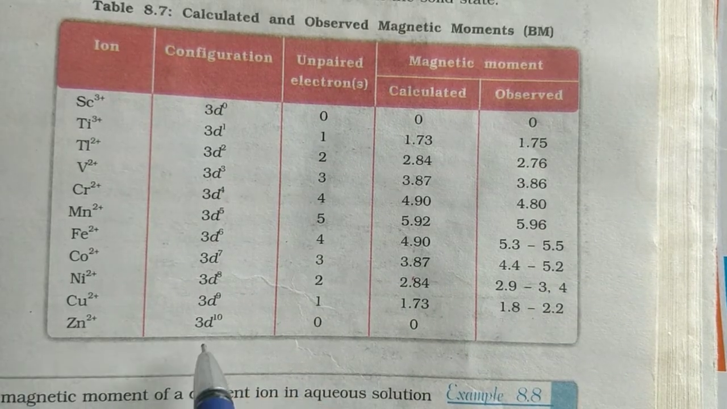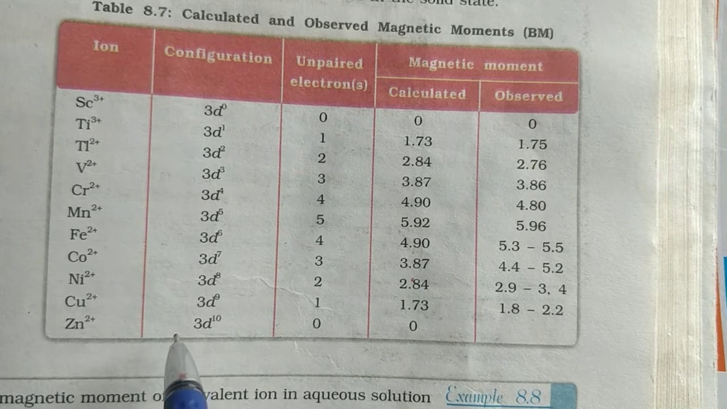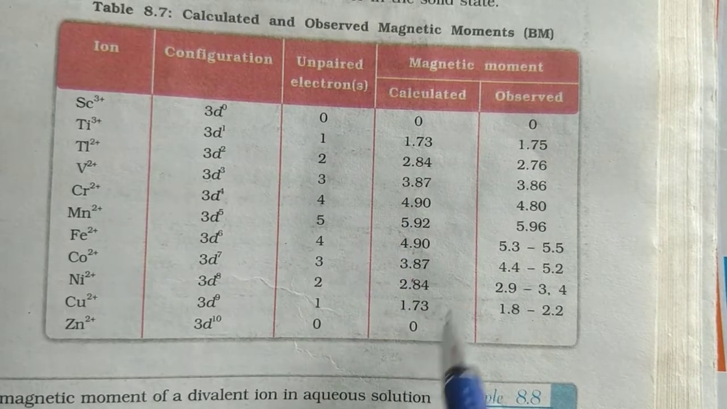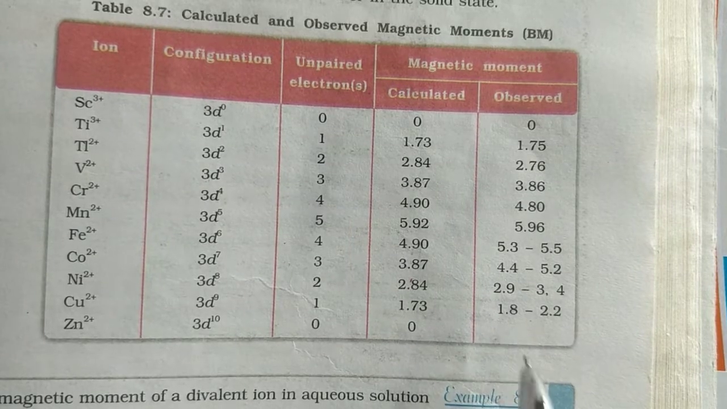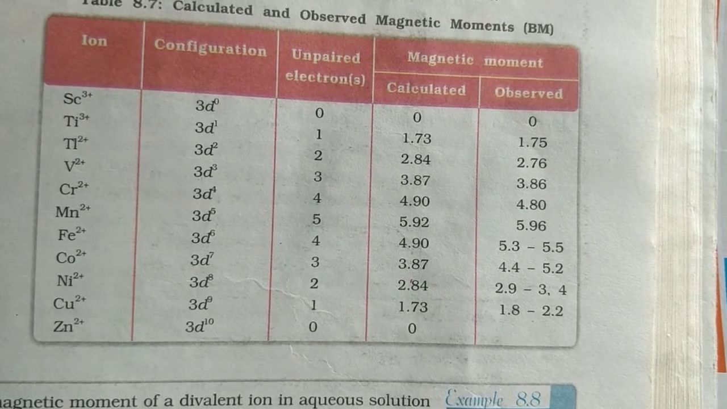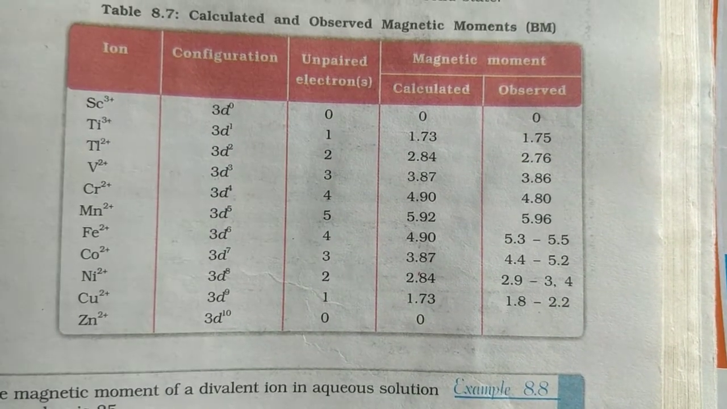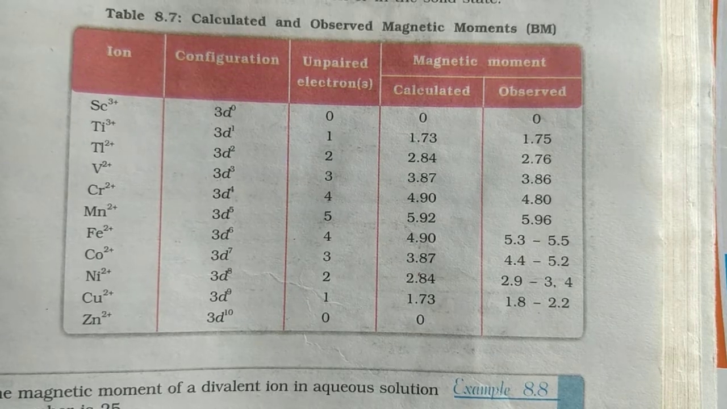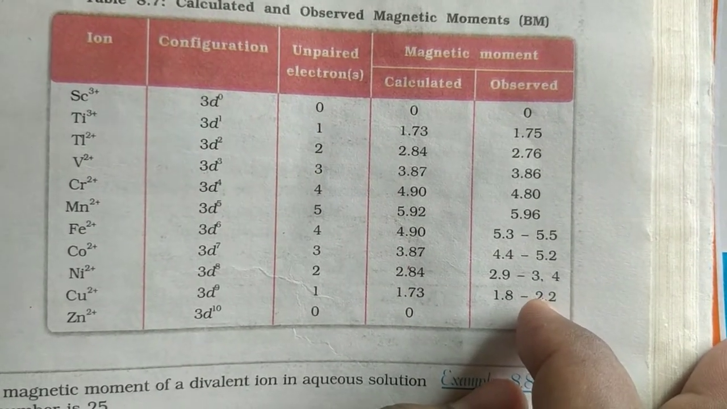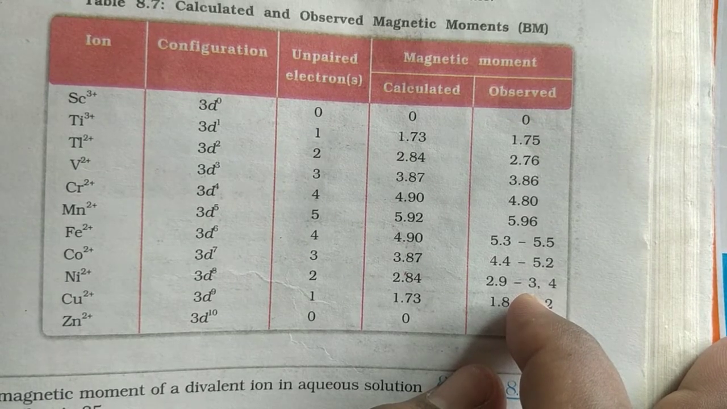See, Zn plus 2, 3d10, 0 unpaired electrons are there, because every electron is paired. Calculated value 0, observed value is also 0 only. Just to remember this one. But this is very easy for us to understand. If you are able to write the electronic configuration, easily we can say the number of unpaired electrons, and depending on the number of unpaired electrons, we can calculate the magnetic moment easily